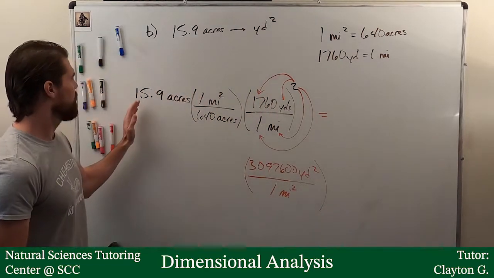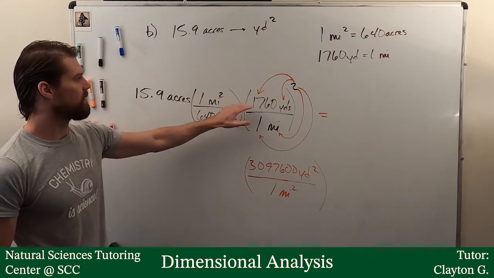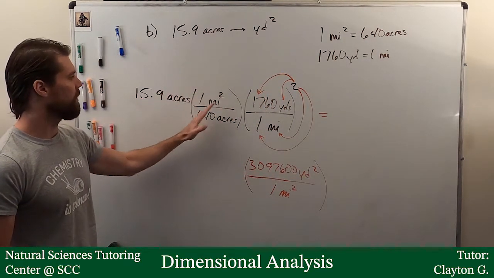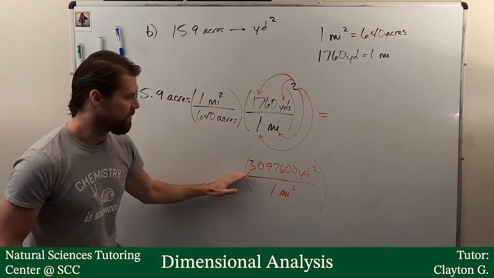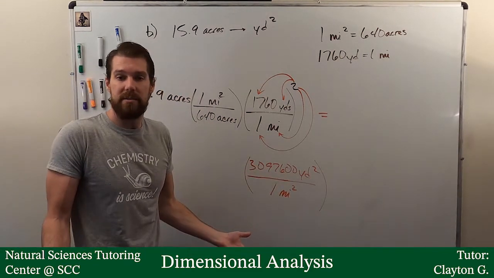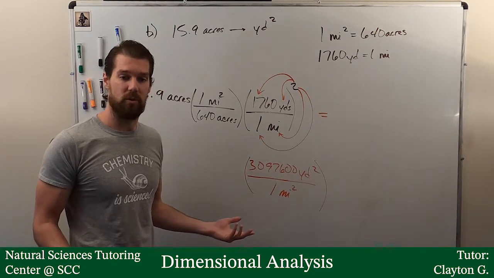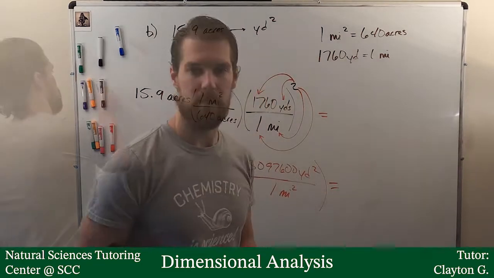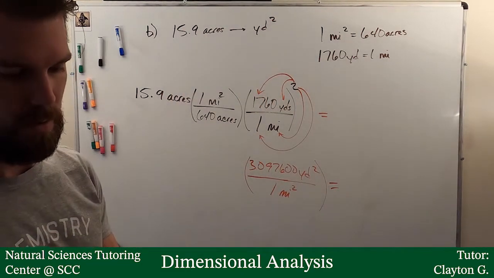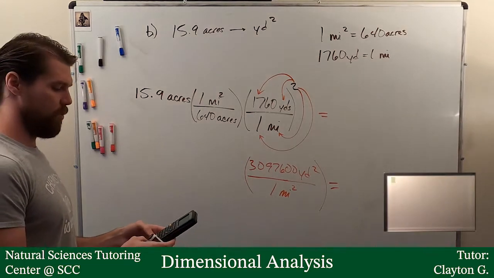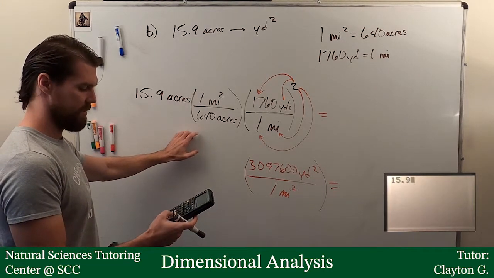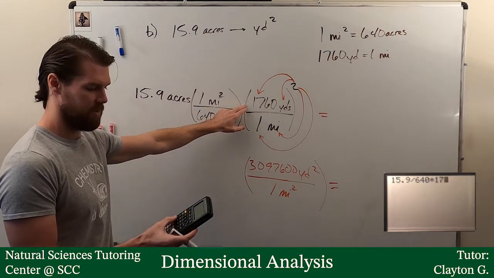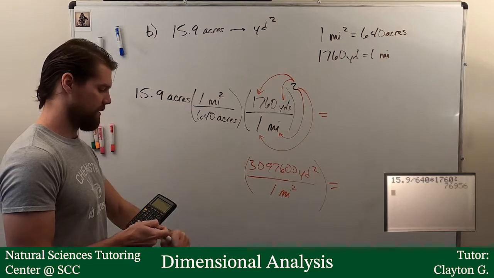So if I say 15.9 divided by 640 times 1760 squared, or if I say 15.9 divided by 640 times this big number, I get the same answer. So let's just go ahead and do that and make sure that that is in fact true. So I have 15.9 divided by 640 times 1760. I'm going to square that. That gives me